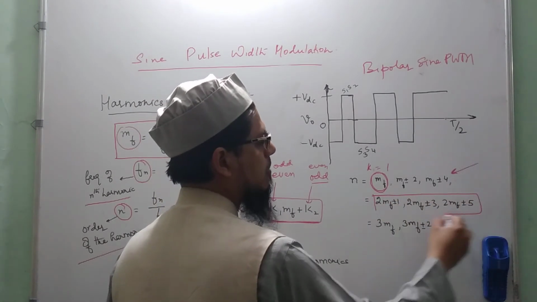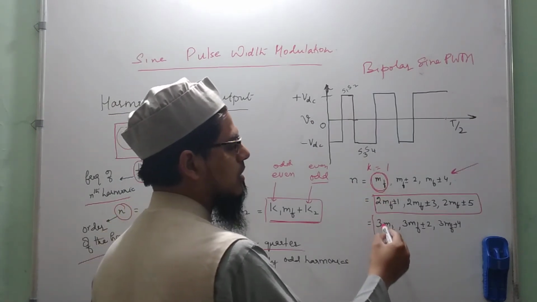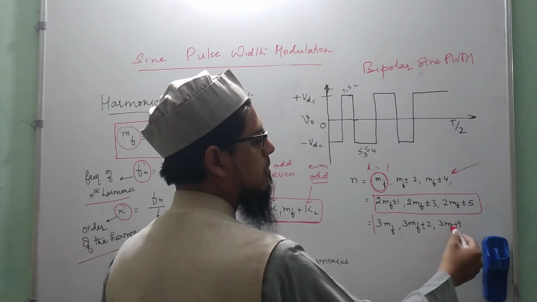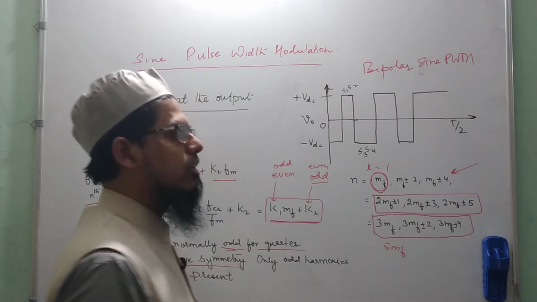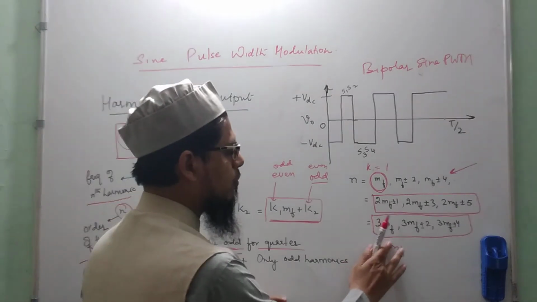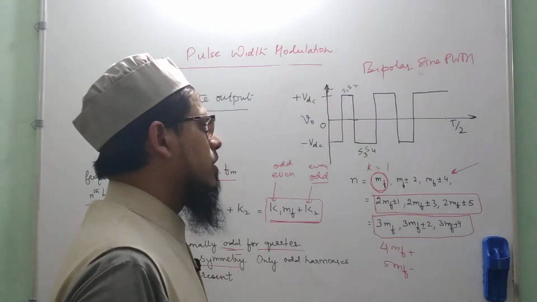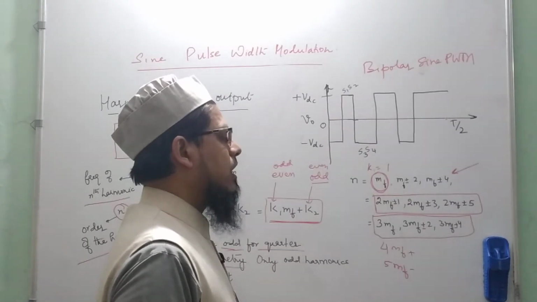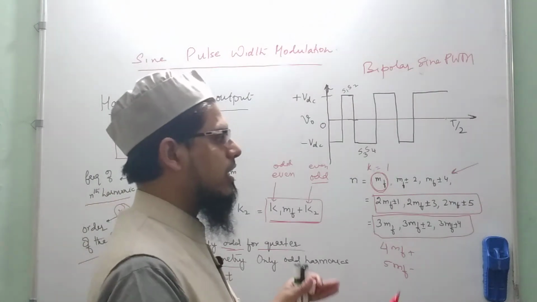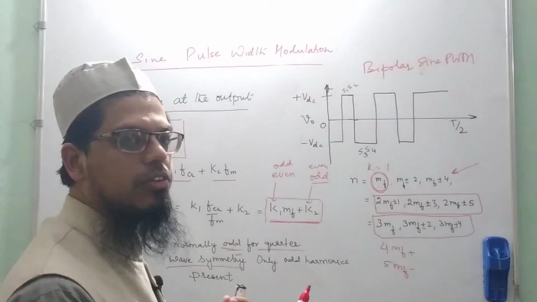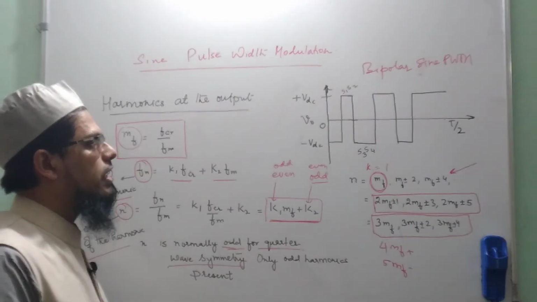So these are again the combination of harmonics that are present. Similarly, if I put k1 equals 3, then 3 MF and 3 MF plus minus 2, 3 MF plus minus 4 are the harmonics that are present. Similarly, 4 MF, 5 MF and so on. So you could see that basically the output harmonic frequencies are occurring in a band. Let me try to draw that and see the spectrum of the harmonics in the output voltage waveform.